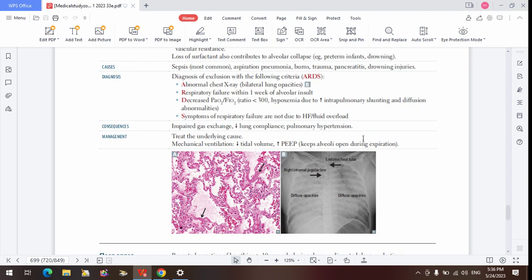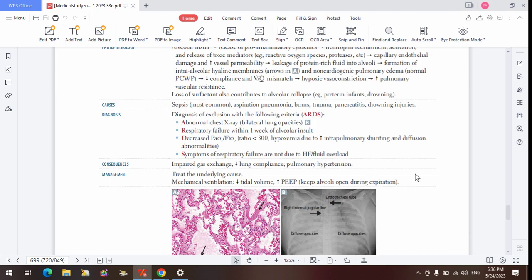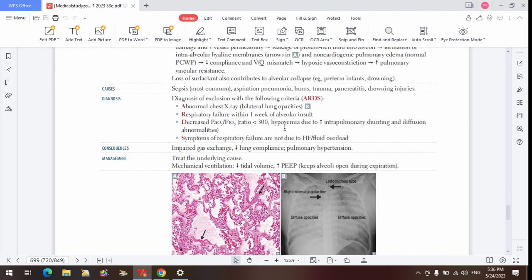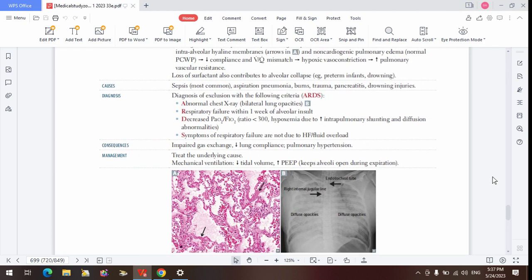Because of the loss of the surfactant, not the elastic fiber, sorry, you are having unopposed elastic recoil, so it's going to make the lung collapse. That happens during expiration, so the activity of the elastic collapse is more during expiration. That's when you need elastic recoil, to bring the air out. So in people with loss of surfactant, surface tension and elastic recoil are exaggerated. So there's a high chance of the lung collapsing during expiration.